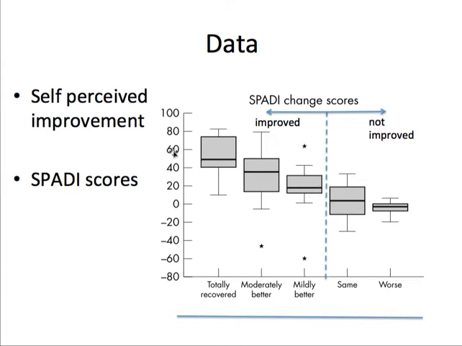We can see essentially all of these people to the left of the dotted line we would consider, okay, somewhat improved, and hopefully the treatments we gave them helped that along. And then the patients to the right of the dotted line are either the same or worse, so they really didn't respond to treatment. Now, what we could do is say, what's the minimum change on the scale to capture all these individuals to the left who felt like they were at least mildly better? So we could move up here and say, okay, if we wanted to capture the whisker box there, all those people, if we drew the line